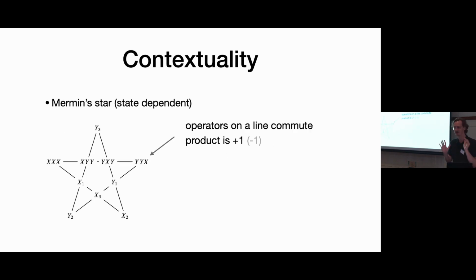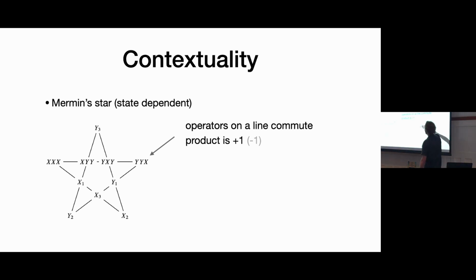Okay, the previous one I was showing was this sort of state-independent one. It just works on the level of operators. But we're going to work with the state-dependent one, where we actually use some states and make the measurements on that state. And the simplest version of this is given by, instead of this magic square, this magic star. It's similar to the previous game. You have these rows, but now they go in this sort of pentagram.